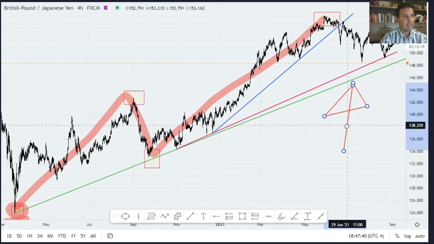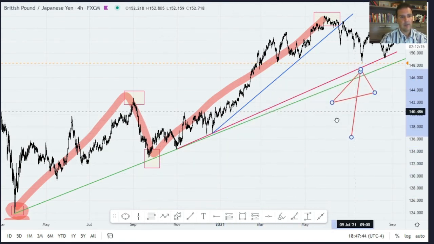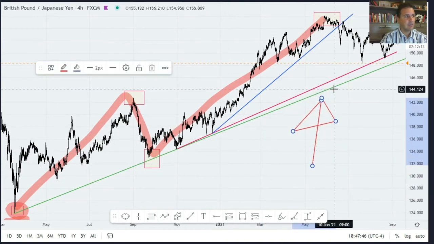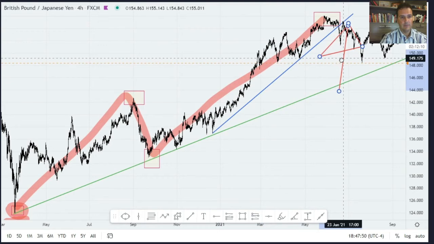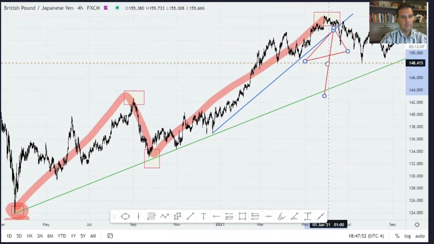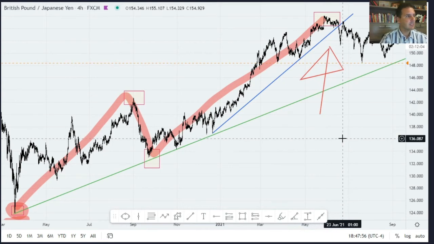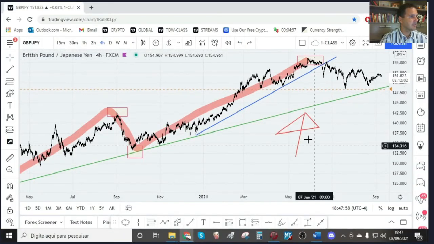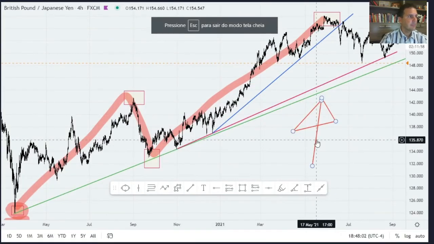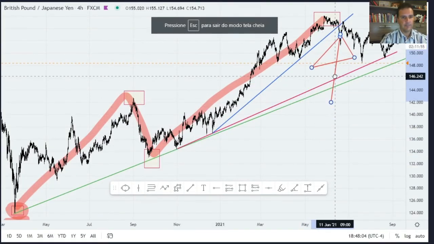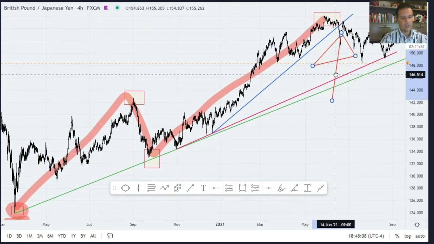But wait a second. So this is the green. Not bother with the violet because it's thin. Okay, let's put it out. Now, what about the blue one? The aggressive one, the short-term one. Yeah, I made a mistake. I should have left the violet on because there you go. Okay, so what about the blue one? Everybody, what about the blue one?